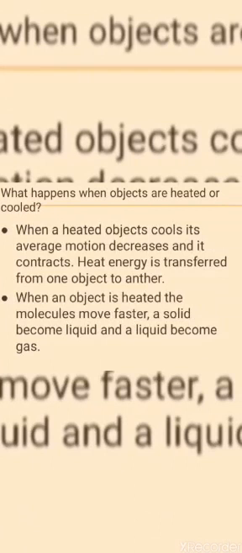What happens when objects are heated or cooled? On page 48, if you look at the diagram, they have shown two glasses of water. One has pink shaded water, and the other has blue shaded water in it. Both glasses are numbered one. The first glass is half filled and the temperature is 50 degrees, and the other one is completely filled and also has a temperature of 50 degrees.